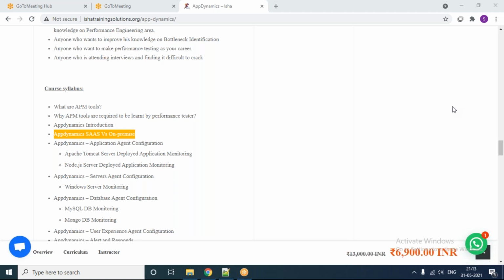Hi, Saravanan, this is Puneet here. Hi, Puneet, good evening. Saravanan, actually, I'm the end user of AppDynamics, and I'm really interested to go through this course. The problem here is I'm kind of semi-technical, we are not into core technical stuff. Can you talk about the prerequisite before joining this course?